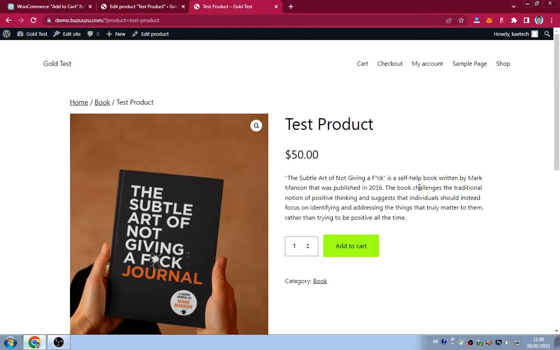WooCommerce comes with its own add to cart button text, and if you want to change it, you need to write some code or use some plugins and other stuff. I don't know the plugin and I don't know the code, so I want ChatGPT to help me change this for me, and that is exactly what I am going to do. To start with, we need to make sure that we log